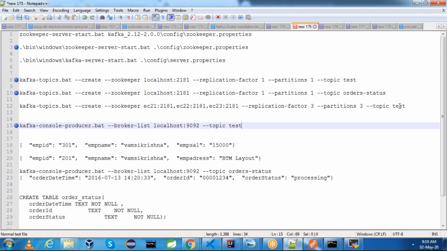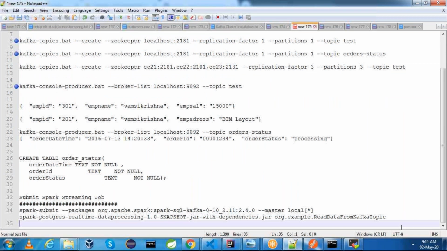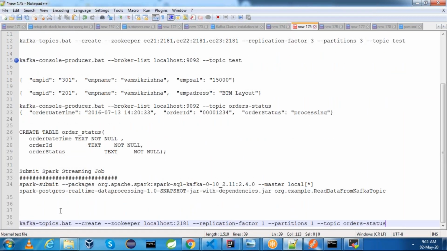To create a Kafka topic, you need to mention, this is a shell script, you need to mention Zookeeper URL. Zookeeper is running on 2181 port, so that we can use this command to create Kafka topic.